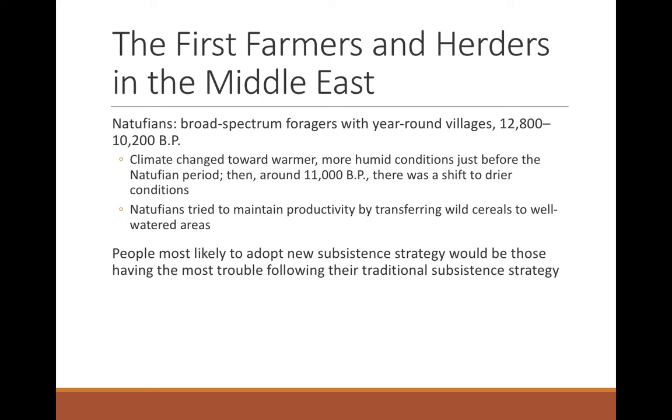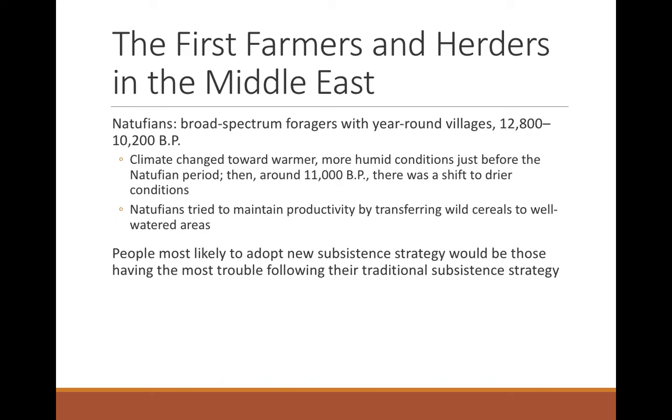And so what they started doing was intentionally watering plants. So what the Natufians were doing then was, they were trying to support this larger population base by transferring these wild cereals to well-watered areas. And so once rainfall became less consistent, then they would start to either transport water or at least transport the plants or the seeds themselves to areas that received more rainfall. And this was really the first kind of step in this process of taking control of plant reproduction.